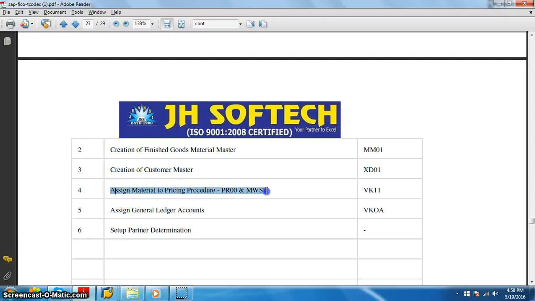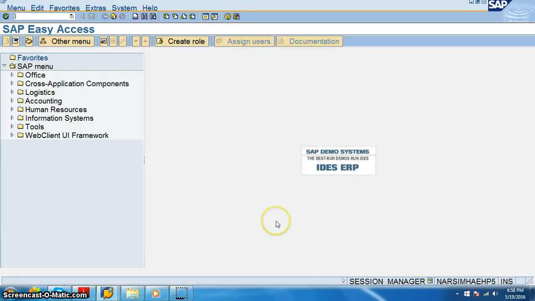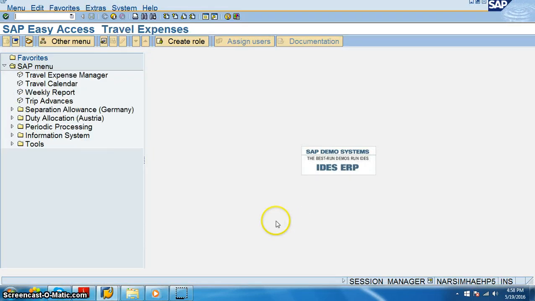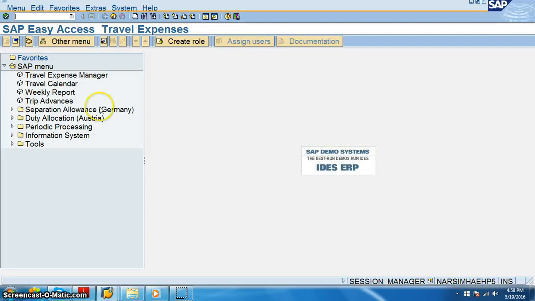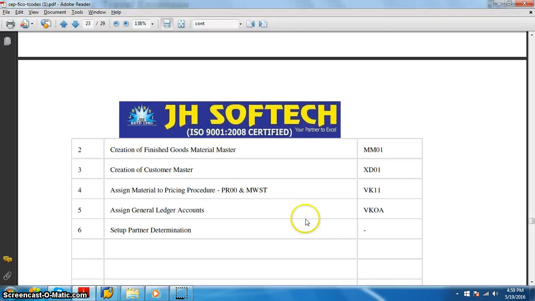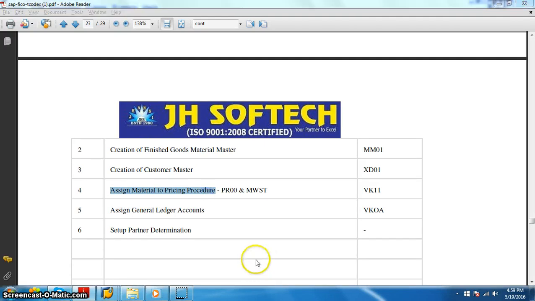Assign material to pricing procedures PR00 and MWST. So we are going for the VK11 transaction. In the VK11 transaction, we are going to assign the material to pricing procedures.